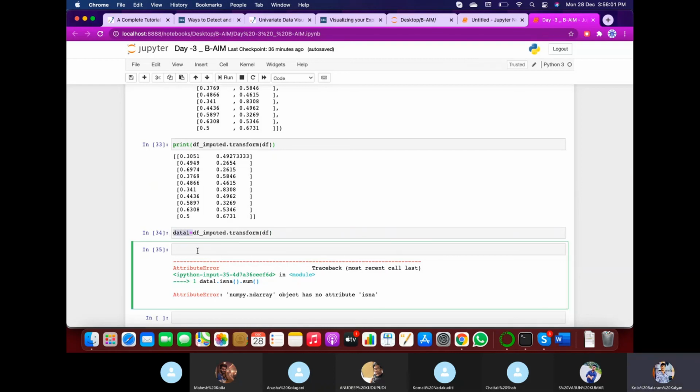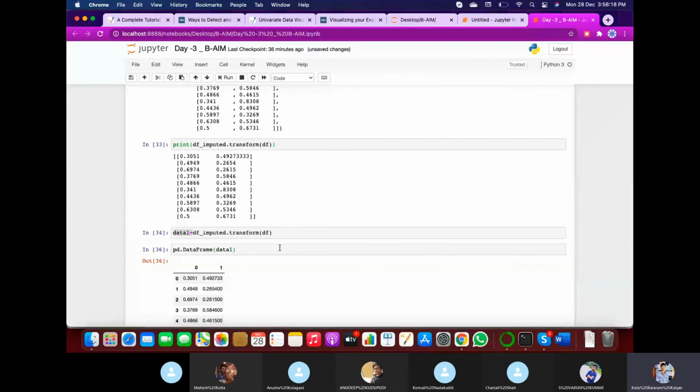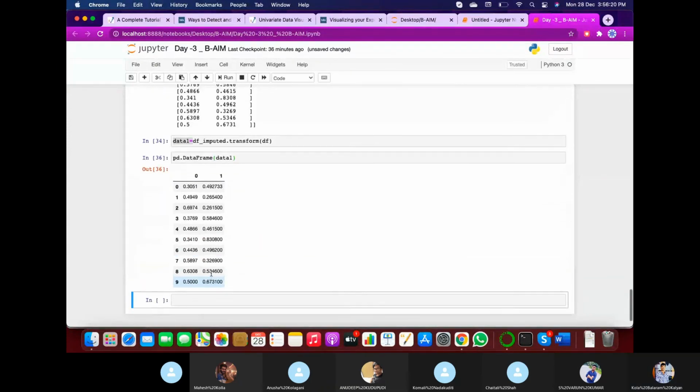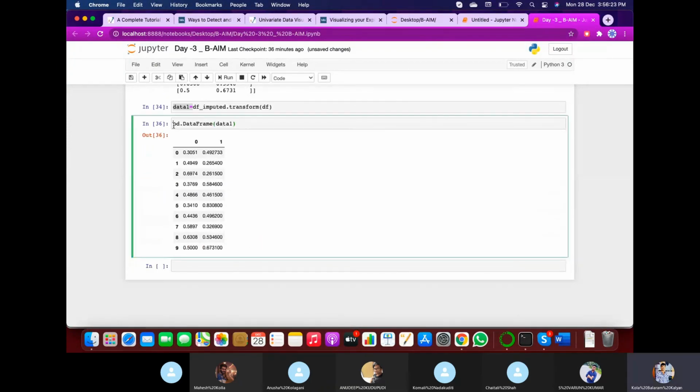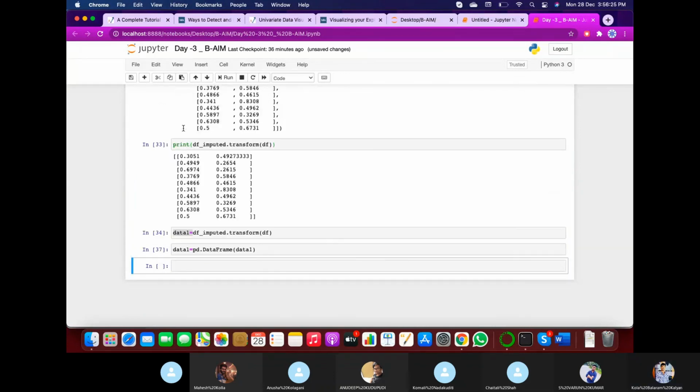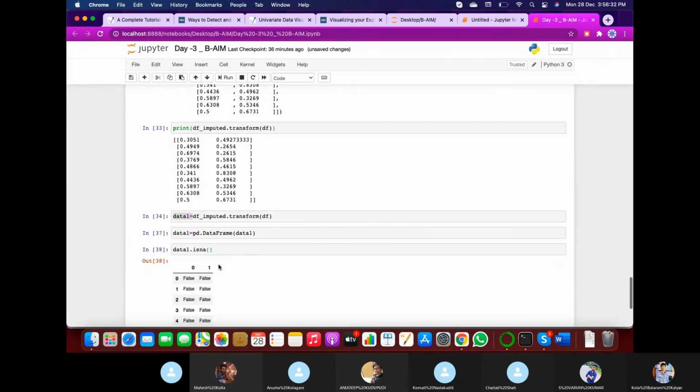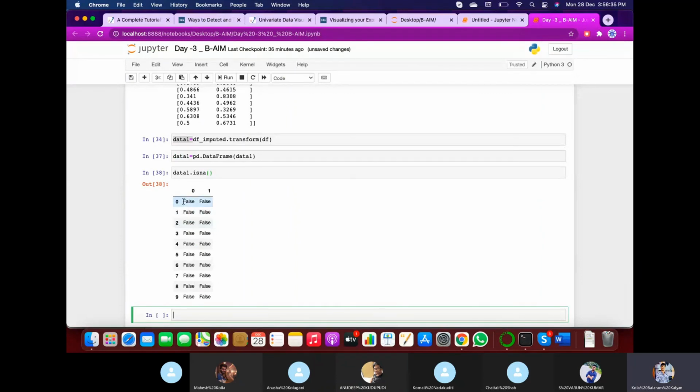This is created as an object, so let me convert this into a data frame so that the analysis can be done. So you can see all the values are false.